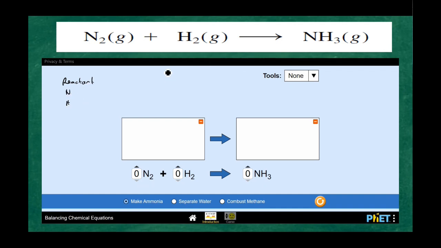And for our product, they create a table. So N and H. For me, class, this will not be effective if we have a lot of elements in the chemical equation. So this one will be hard if we use this table. So let's apply it later and let's see why it is hard to apply this one. So for this case, class, you have to practice and be familiar with how this